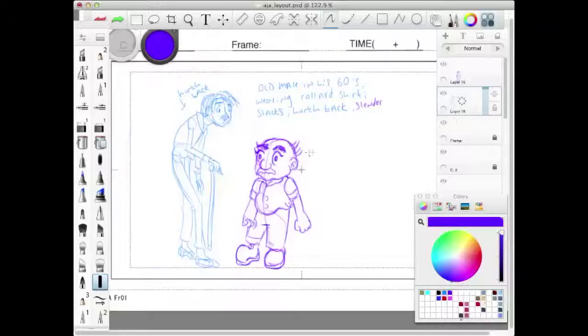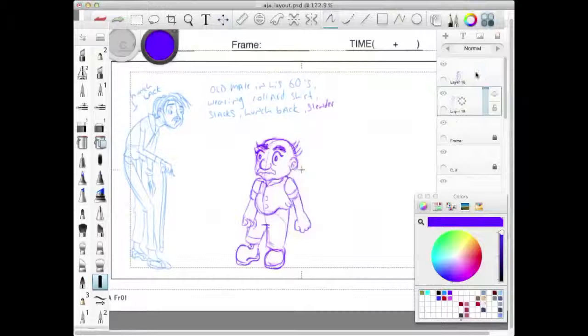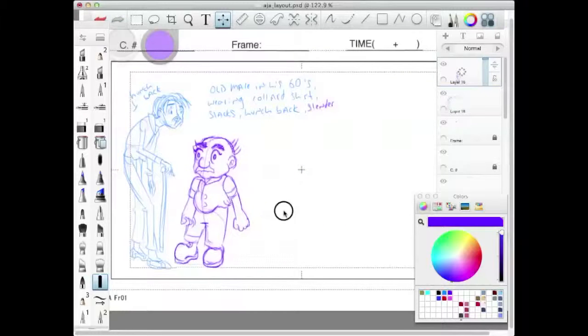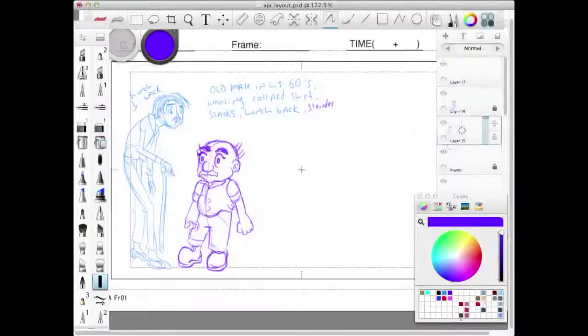But we can keep going. We're trying to figure out the design of the character, not so much following our guidelines, our text guidelines. But we're working through trying to figure out a look for the show. Character personalities. Maybe he's